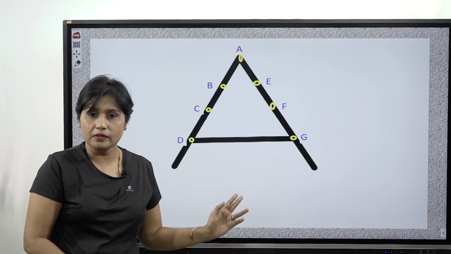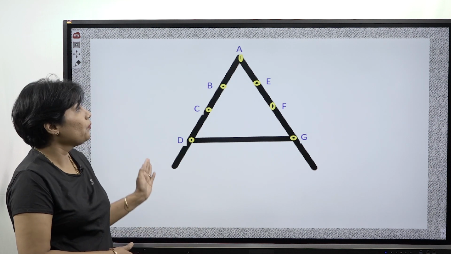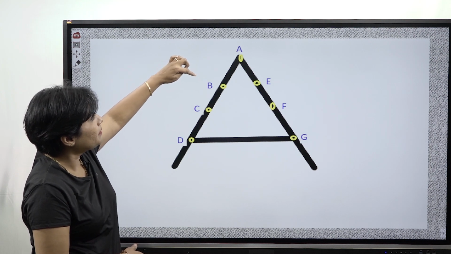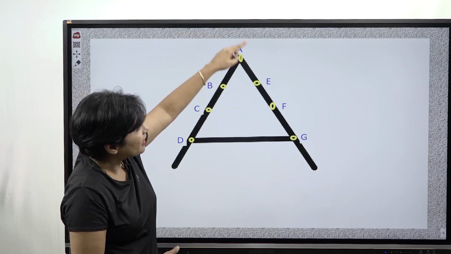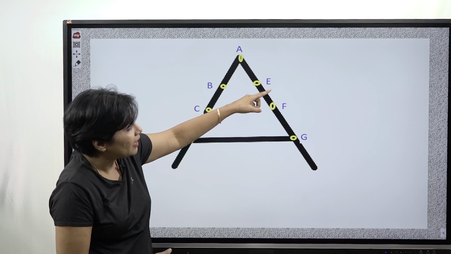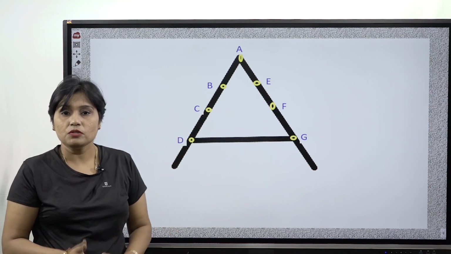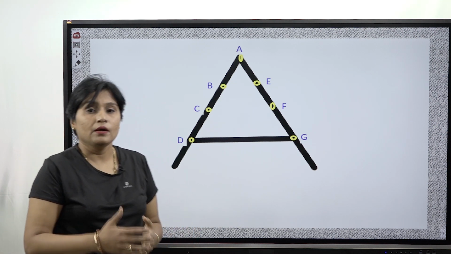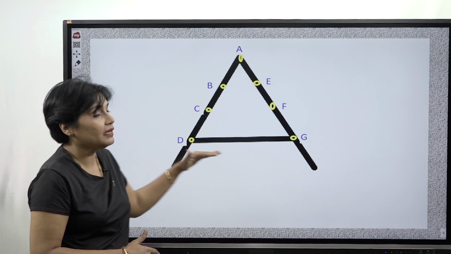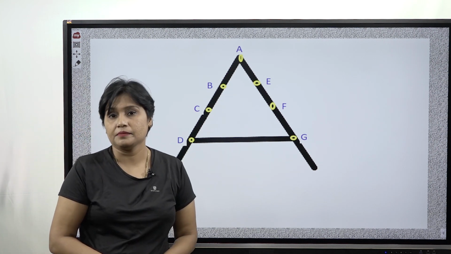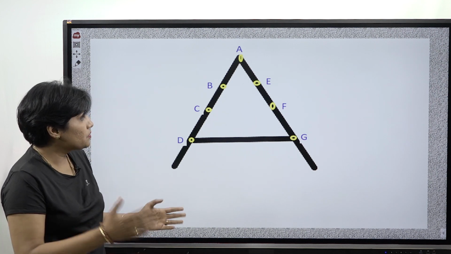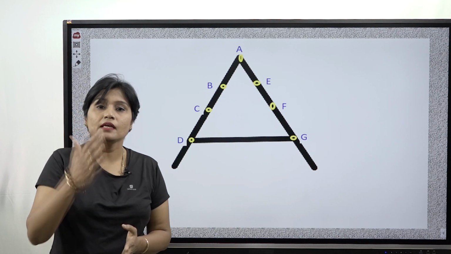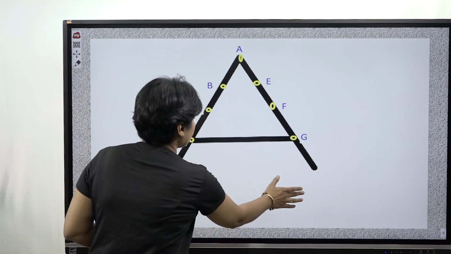What if D has to communicate with G? In that case, you have a very long chain: D will communicate with C, C will communicate with B, B has to communicate with A, then A will delegate to E, E will inform F, and then F will inform G. So this is a very long chain. In case of emergency, or when the employees are of the same level, they can definitely communicate with each other. So scalar chain means it is a formal chain of communication where the hierarchy needs to be maintained.